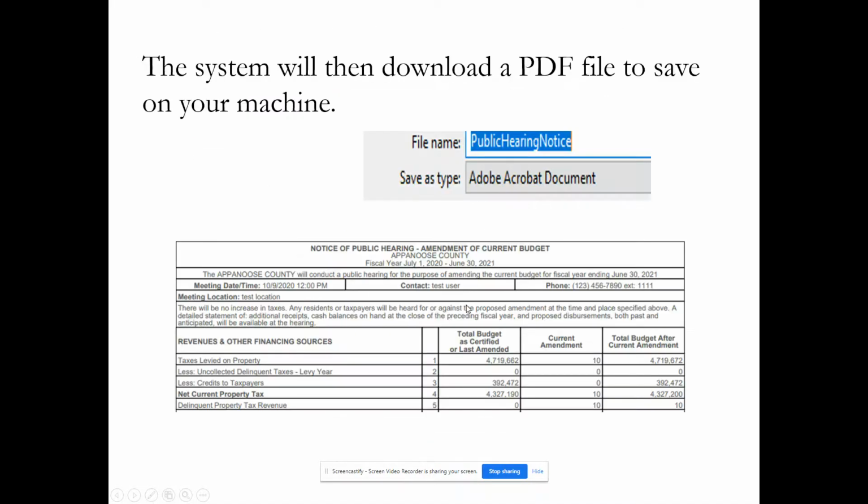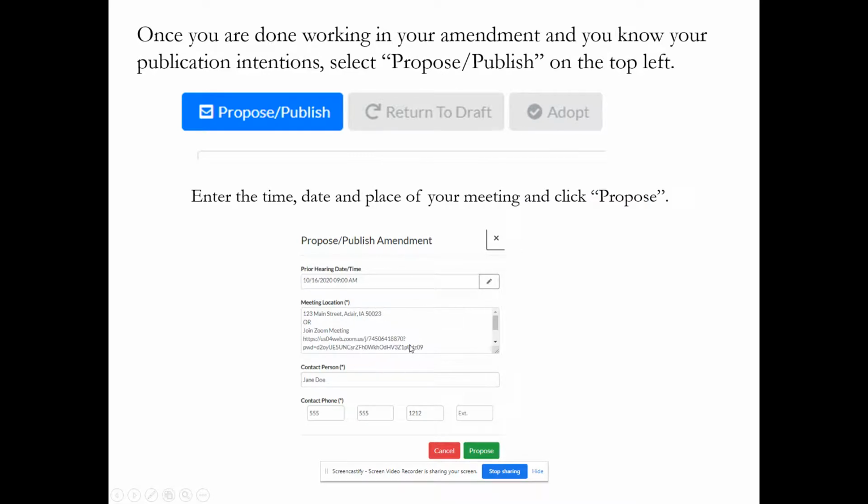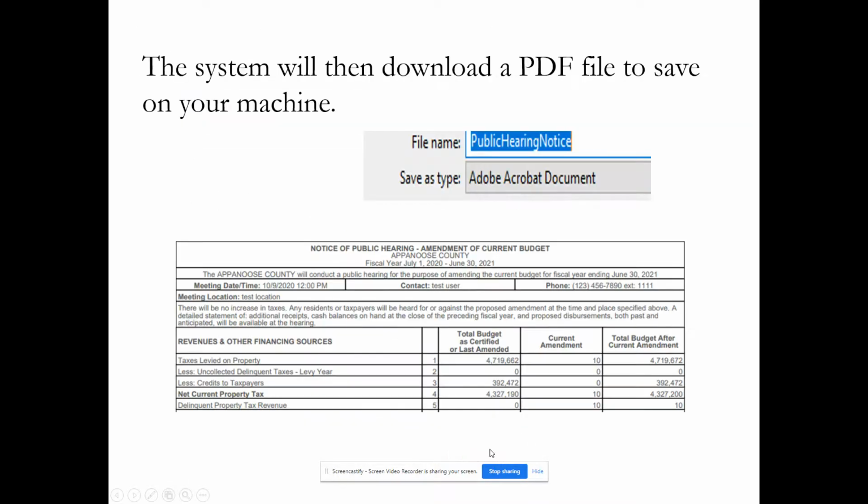The meeting location, I will tell you, we are offering more space now in the meeting location box because we know folks may be meeting electronically, and we're just giving you an opportunity to have some more space in that area if you need to enter more details. You can also hard return if you want to push that information down onto different lines. So you can play with that a little bit and see how that works for you. But there is in general quite a bit of space in that box if you need to enter electronic meeting information. And of course, you enter the contact person and phone number and you click Propose.